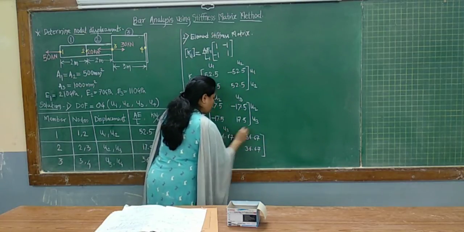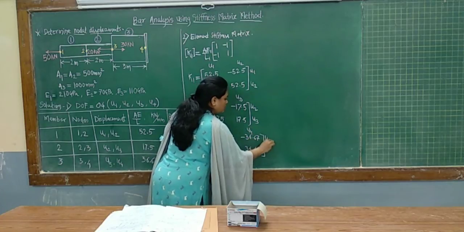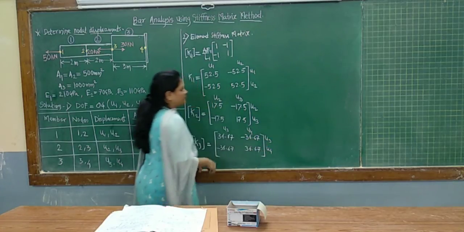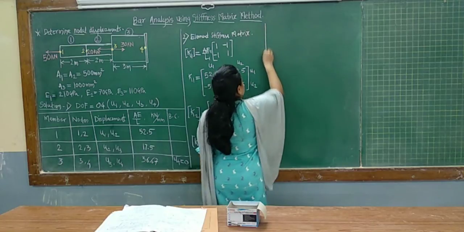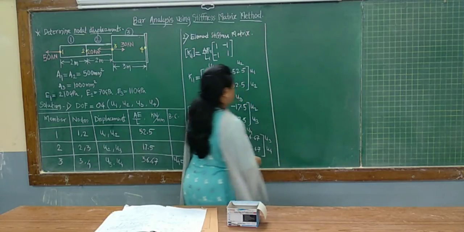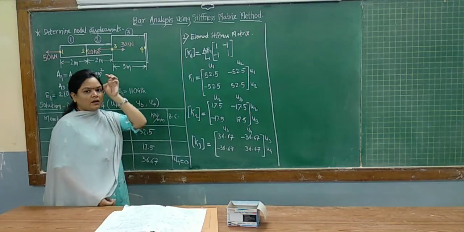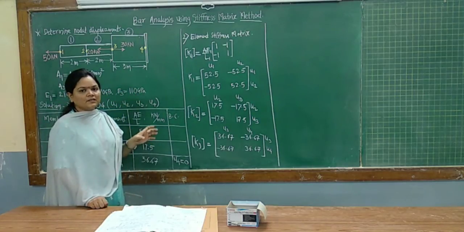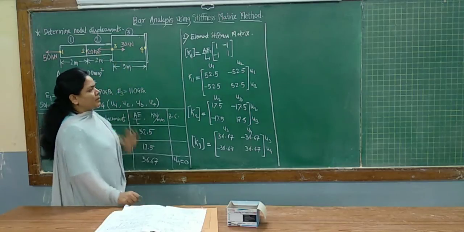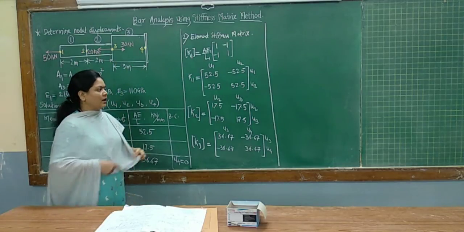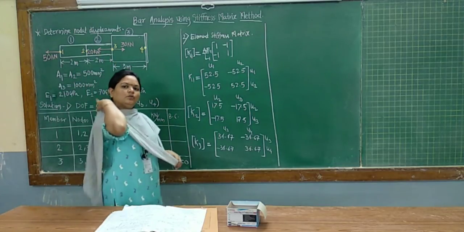Associated displacements U3, U4, U3, U4. This step is completed: writing element stiffness matrices, writing the local stiffnesses for each element separately. Okay. Now what we have to do is to write